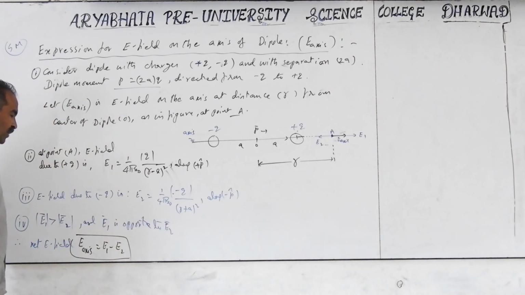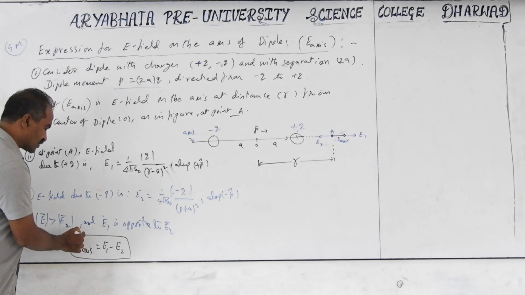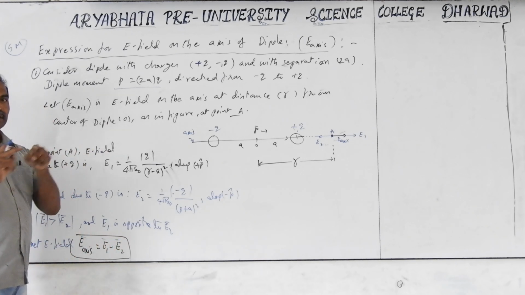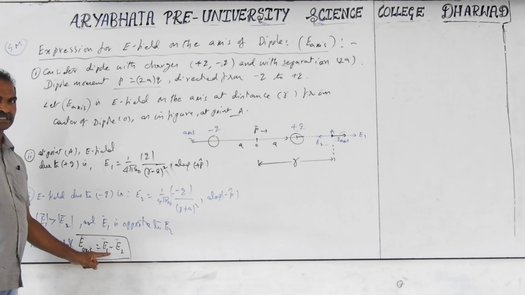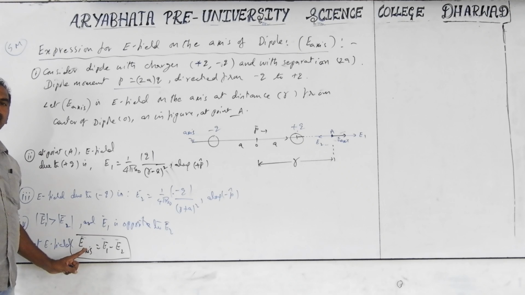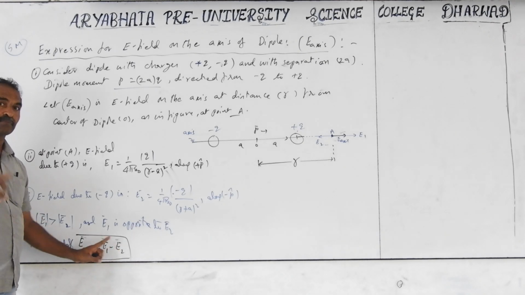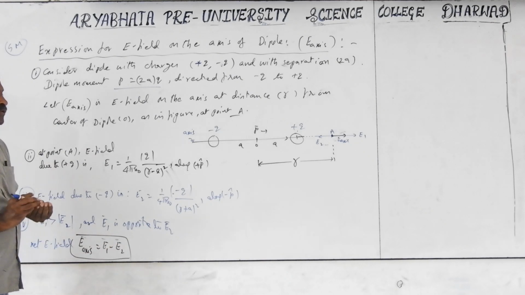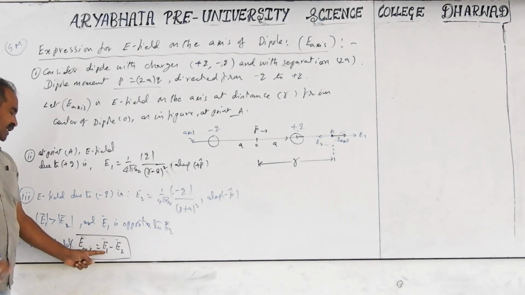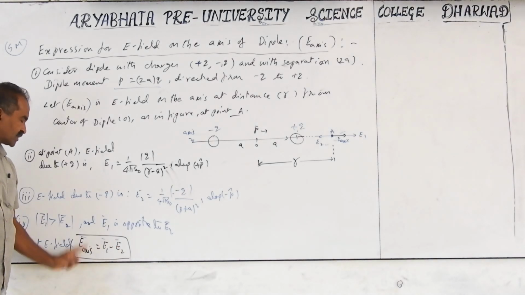Therefore, the net electric field at the point, which we can take as Ex, equals E1 minus E2. You can put the magnitude, or you can take the direction also. Vector form or magnitude form, it does not matter. For the same direction, the magnitude sum E1 plus E2 and the vector form is the same, since theta is 0. Same direction, parallel, theta is 0, and the resultant field will be the sum of the two vectors, which you can take in vector form with a bar or in magnitude also. Vector sum is equal to magnitude sum if theta is 0, but here, in the opposite direction, theta is 180 degrees. When it is 180 degrees, you can directly take the magnitude separation, which equals the vector difference, E1 minus E2, as the resultant field.